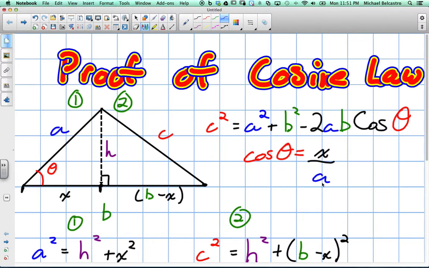Well, we want to get x by itself, so we'd move a to the other side of the equation, and it ends up being that a times cos theta is equal to x, which is perfect for us now, because now we know we can use this to replace